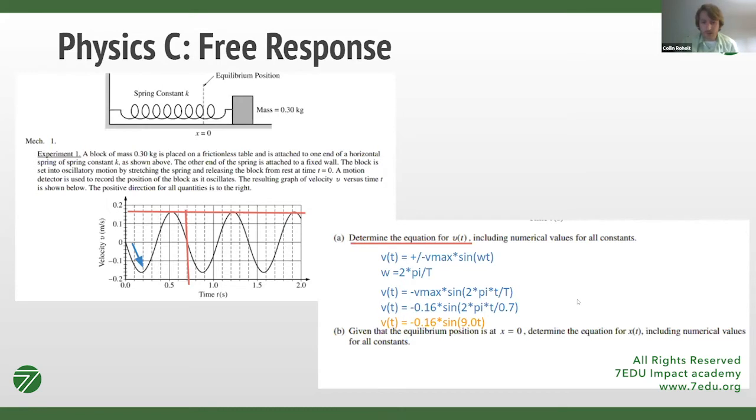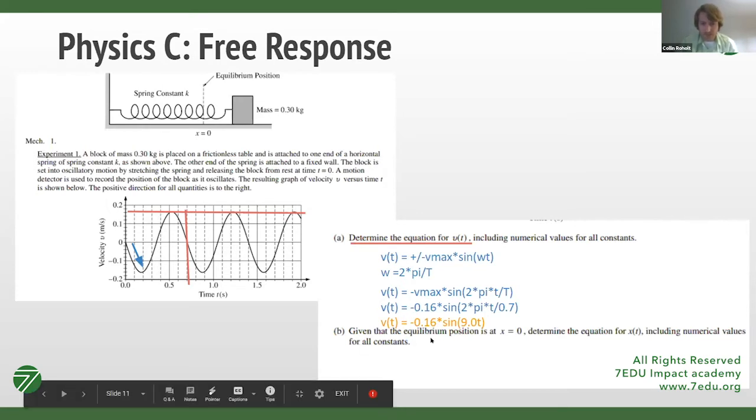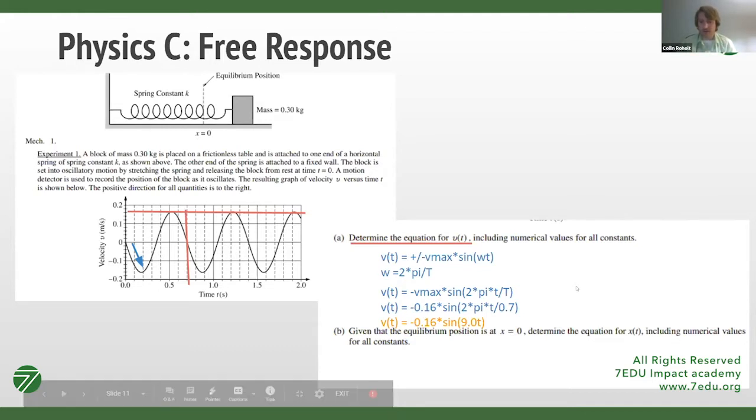Now for part B, it says, given the equilibrium position at x equals 0, determine the equation for x of t, including numerical values for all constants. So immediately, seeing that x equals x of t, I'm going to know that